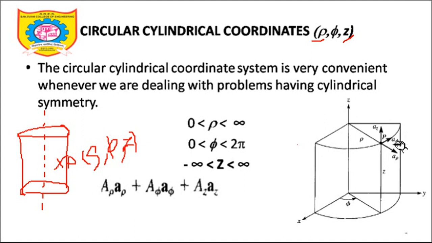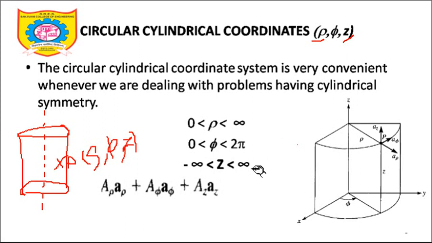Now if I am talking about phi, let's decide the limits of phi. Limits of phi will be from 0 to 2 pi, because 2 pi is the angle of a circle. If I am traveling around the periphery of a cylinder, and look at the cylinder from the bottom view or the top view, it looks like a circle. So the angle phi will be from 0 to 2 pi. What about z? The z coordinate in the cylindrical coordinate system is the same as in the Cartesian coordinate system. So the z coefficient has limits from minus infinity to plus infinity.